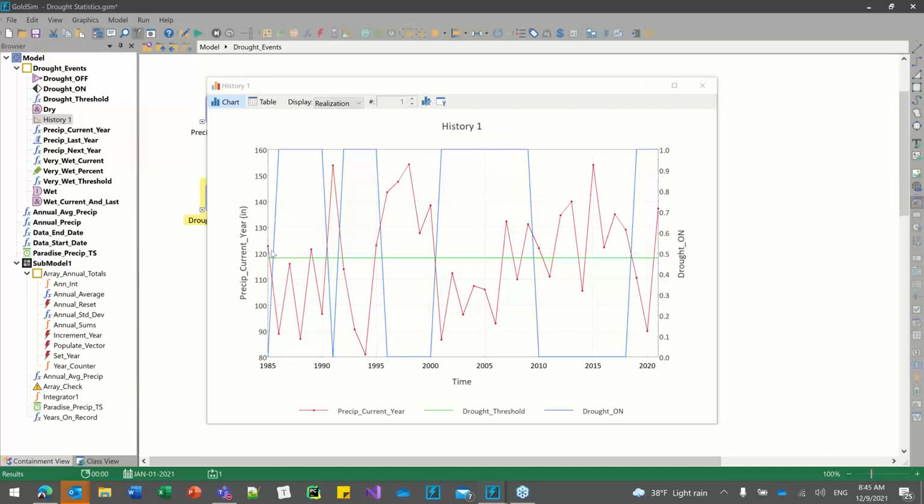And let's just walk through this logic. At time 0, the value is above the green line, indicating we start out in a situation where we are not in a drought. So that's why we're 0. Then the value drops below the threshold for at least 2 years. That indicates drought. So now we are in a drought. We go forward, we have one value above, but that's not enough to get us out of the drought. And then we have another low one, and then we have this really high precip year. And that was enough to pull us out of the drought, because if I compare